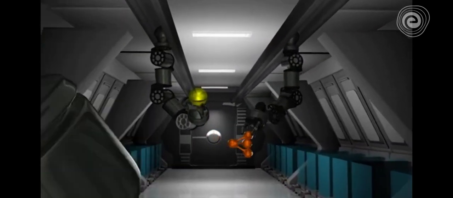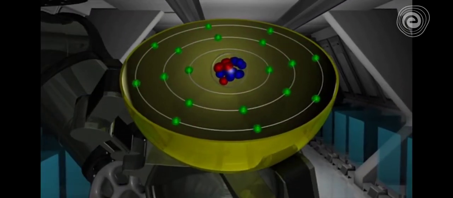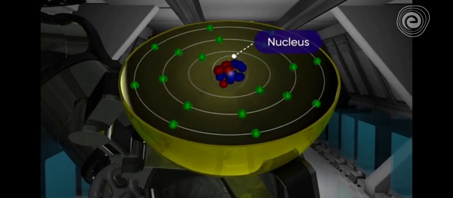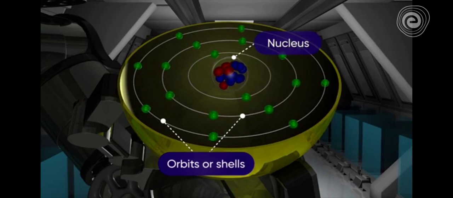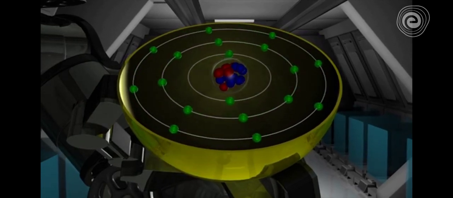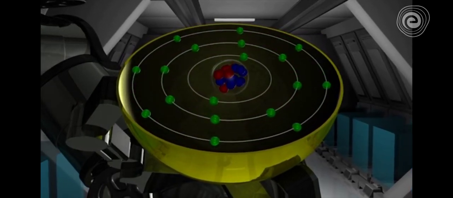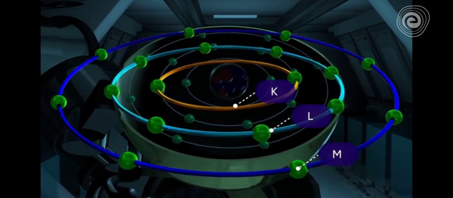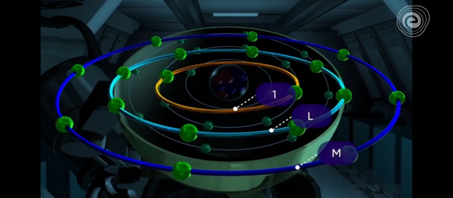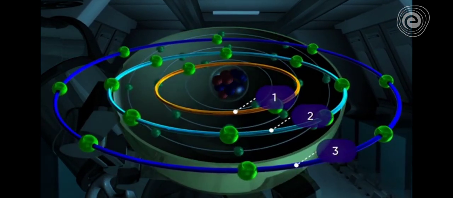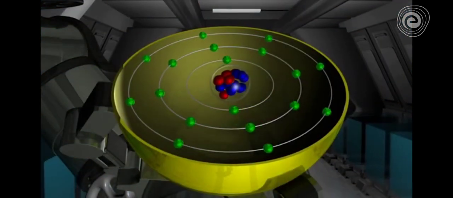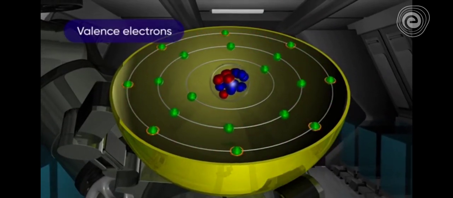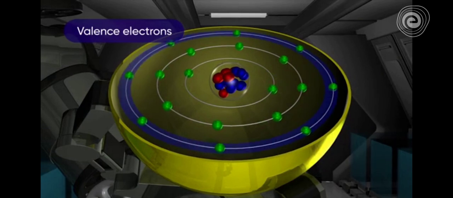According to Niels Bohr, electrons in an atom are arranged in a region around the nucleus called energy levels, orbits, or shells. These orbits are represented by letters such as K, L, M, or by numbers 1, 2, 3, and so on. The number of electrons present in the outermost orbit is known as valence electrons, and the outermost orbit